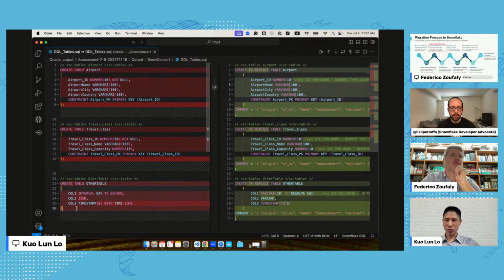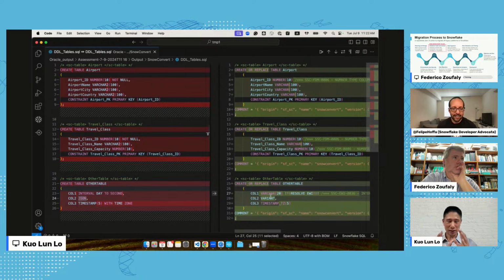And let's take a look, for example, at this other table. It is translating the interval to a varchar of size 20. And the JSON data type is translated to variant.